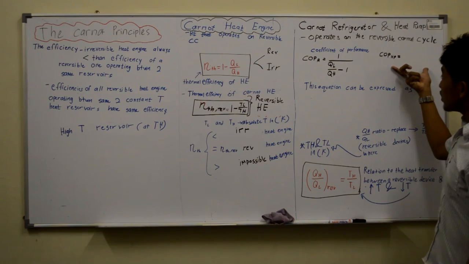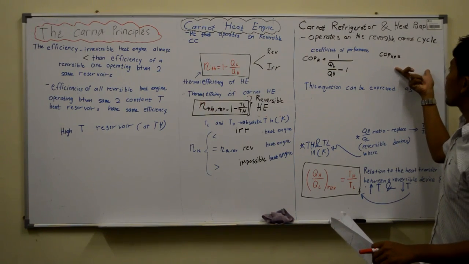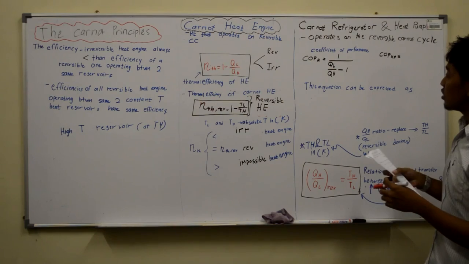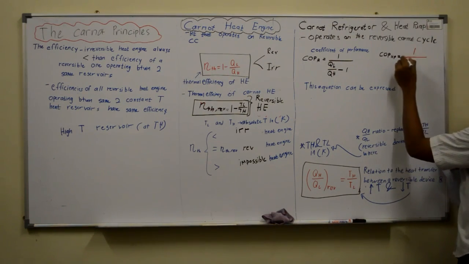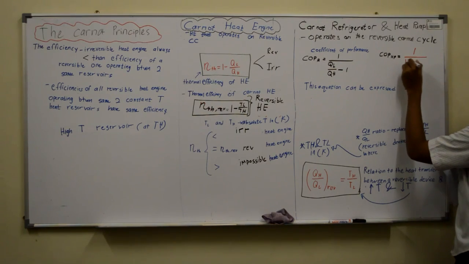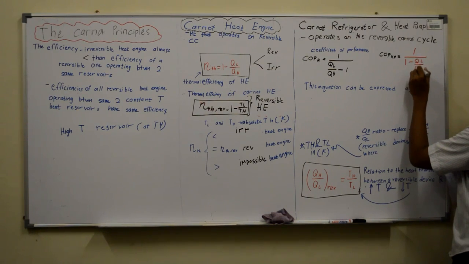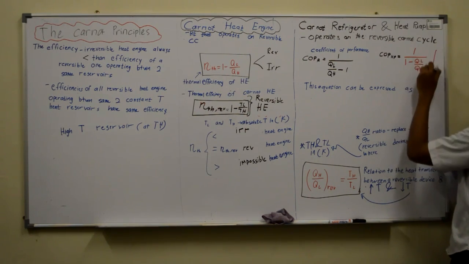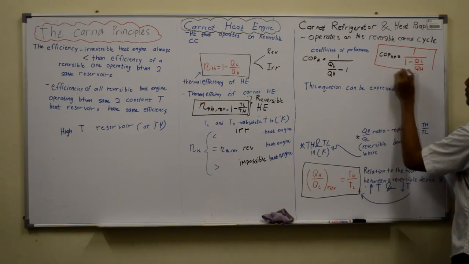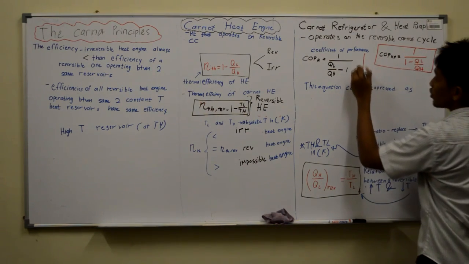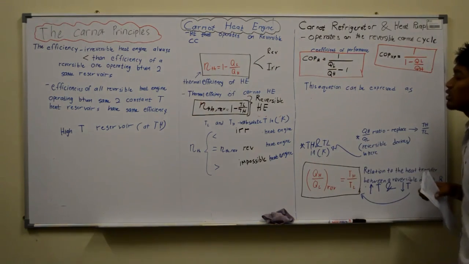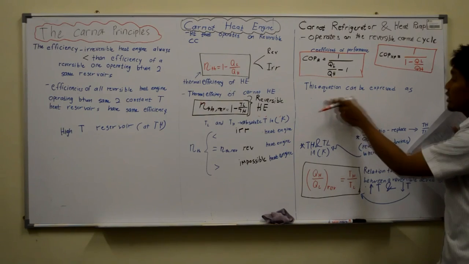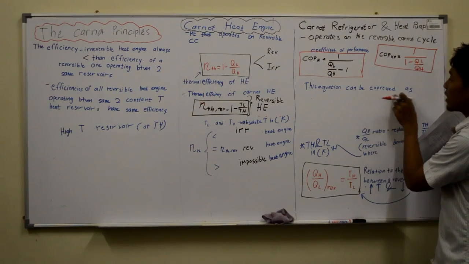While the coefficient of performance for heat pumps is almost the same. I will write the equation. It is 1 minus QL divided by QH. So this is for heat pumps, and this is the equation for the refrigerator. So this equation can be expressed as